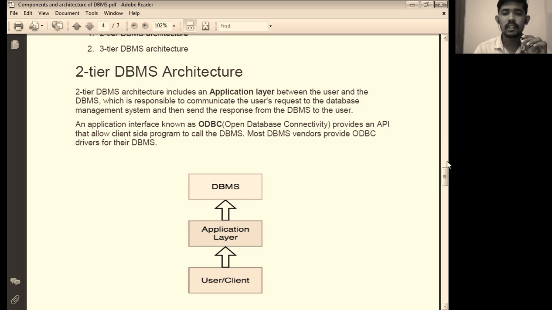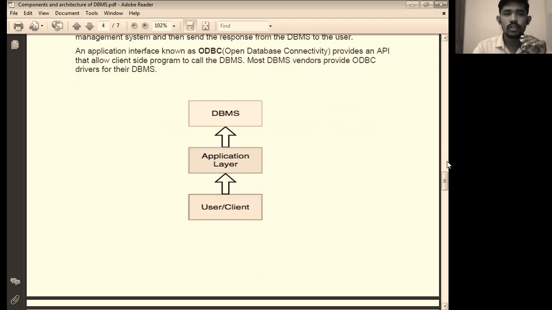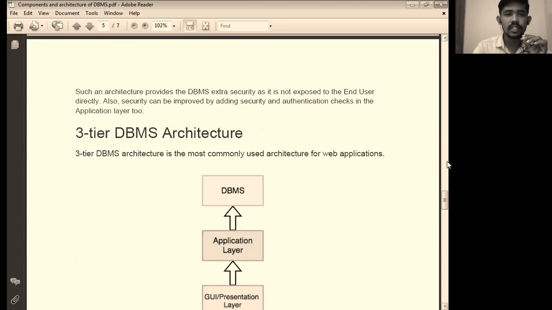It is the interface between the user and the database management system. So this is tier 2 architecture. Such an architecture provides the database management system extra security as it is not exposed to the end user directly. So it provides high security to the database, because the user cannot directly access the database, it goes through the application layer.